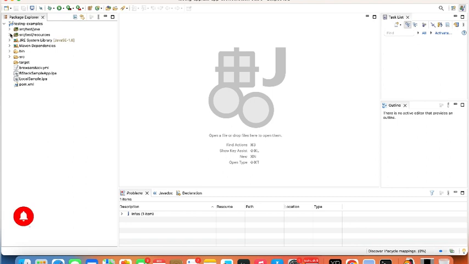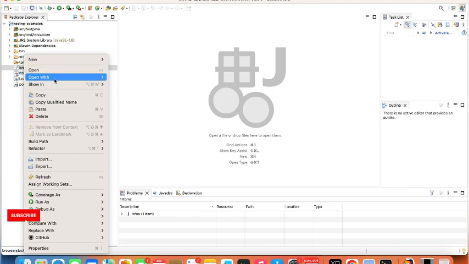After importing the project, we have to make some changes in the browserstack.yaml file and the pom.xml file. Without changing these, the test will fail. So first of all, we need to change those configuration files. After this, the project is successfully loaded into the Eclipse IDE tool. Now we have to go to the